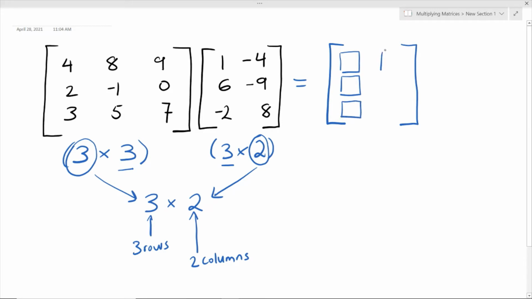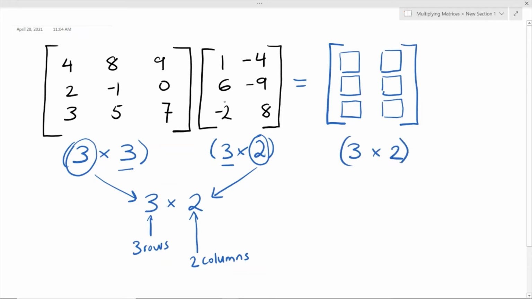Then we would have a box here for another number, a box here for another number, and a last box. So 3 rows, 1, 2, 3, and 2 columns, 1, 2. Perfect. Now that we have determined the dimensions of our final matrix to be 3 by 2,